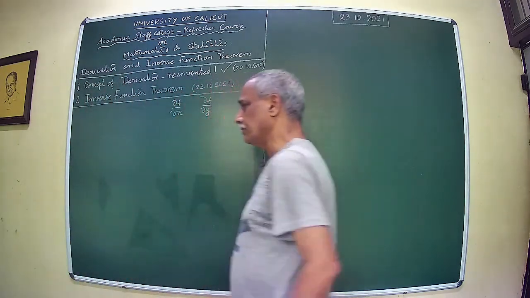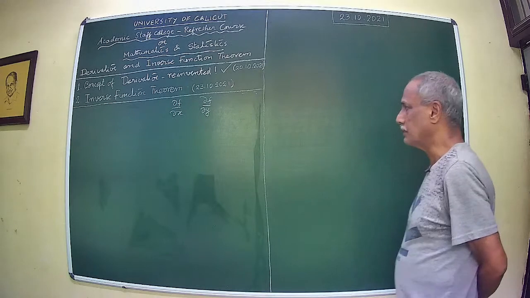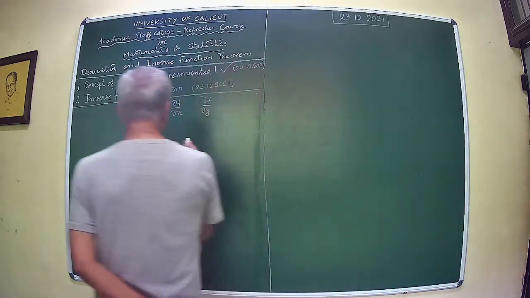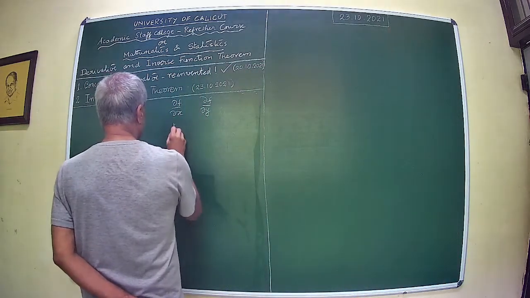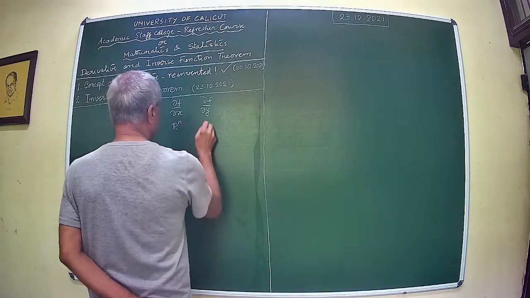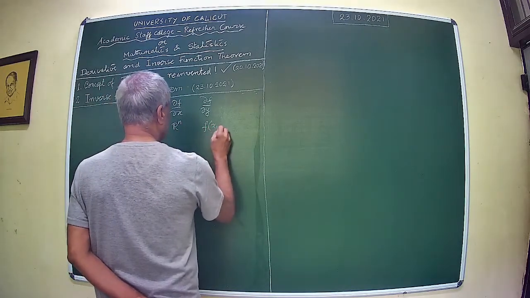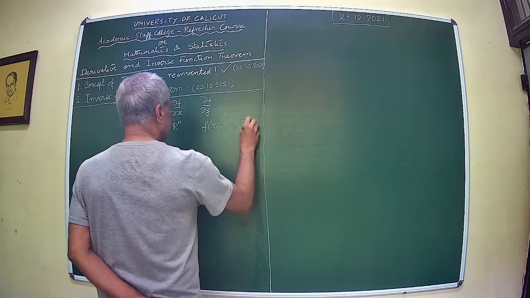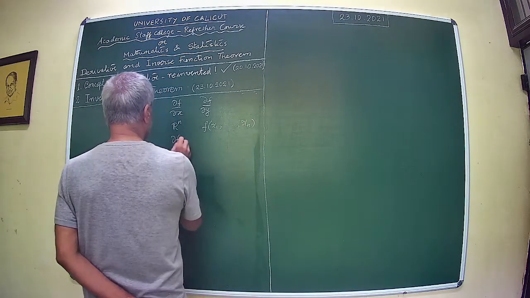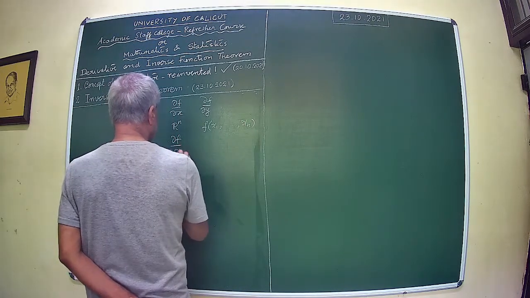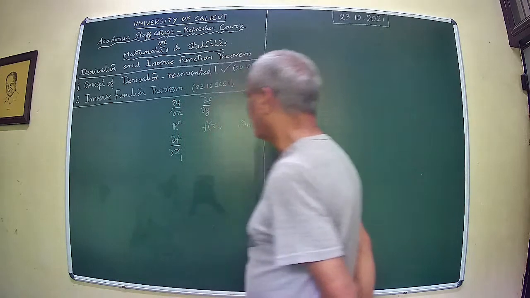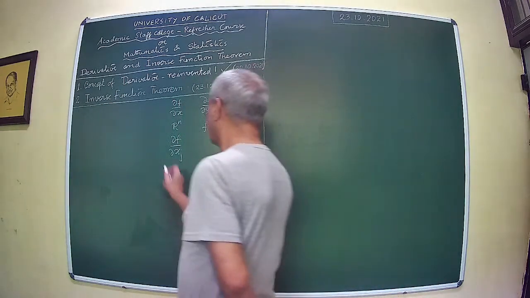You are familiar with this. Or more generally, in Rn, if you have a function of x1, x2, etc., xn, then you can define df by dxj at a particular point,